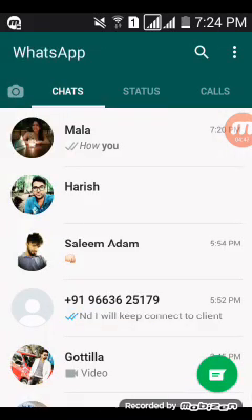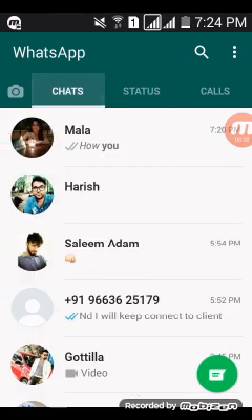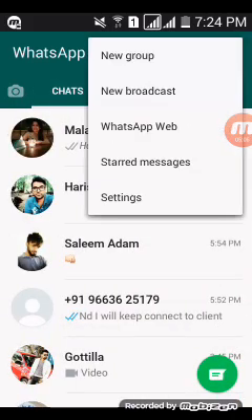Next one, how to change the privacy. So this is very important for some people. The display pic, DP, will be used, somebody else will use for some other purposes. So you don't want to do it. So you don't want others to use your pics.